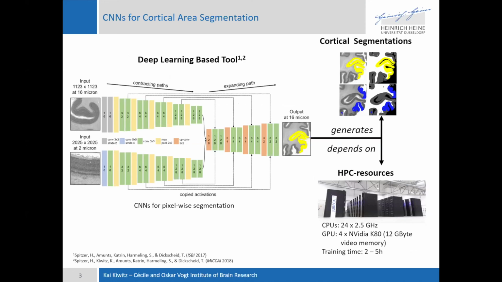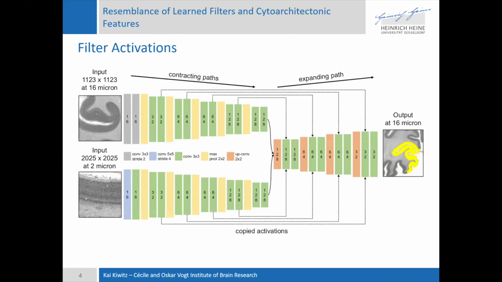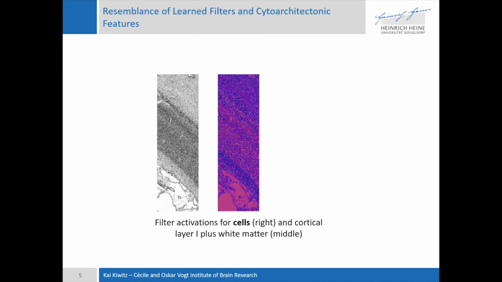So one possible solution to overcome this has been introduced by Christian Schiffer, for example, a few minutes ago. That is a deep learning based tool for cortical area segmentations. And what we were interested in when we applied this interesting tool is, how does this tool actually operate? So what we wanted to see is whether there is a resemblance of learned filters inside the tool that actually resembles cytoarchitectonic features. So we took a look into the tool, and what we saw is that on superficial layers of the